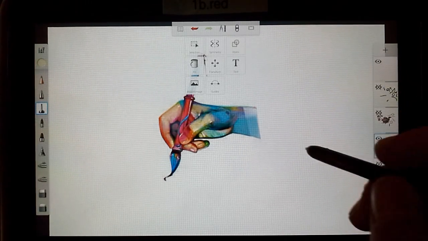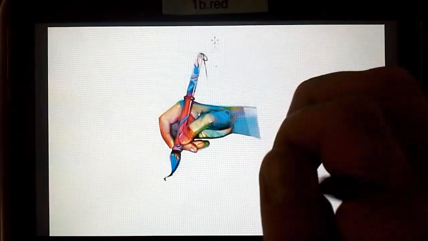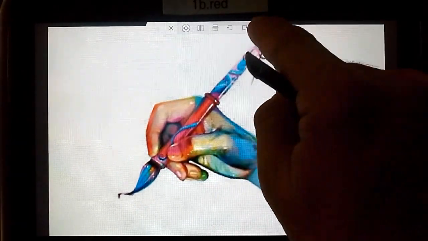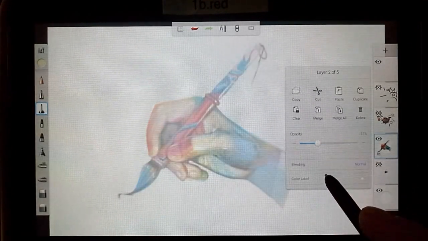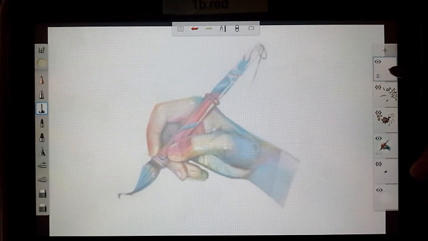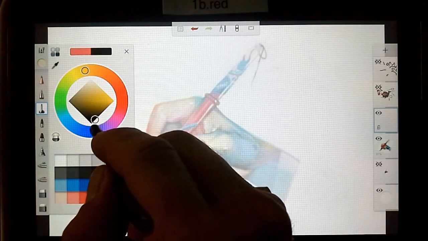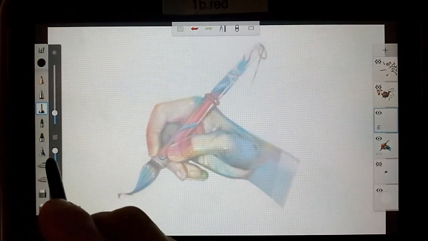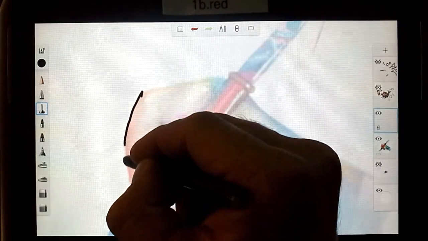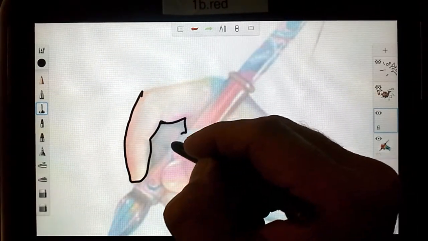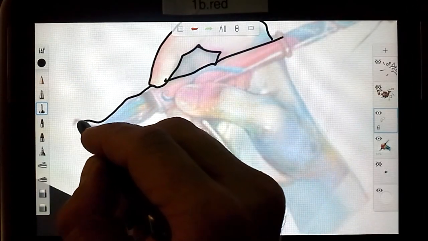Next, last thing I want to show you is how to draw on top of a layer. So let's say I wanted to draw on top of this hand and make my own drawing of it. So I'm going to select that layer, drop the transparency down, create a new layer, put that layer somewhat on top, and then select a darker color, like black. And I can select the width of the pen by moving that. And now I can zoom in and I can trace on top of that layer. And now I'm making my own drawing of what I found